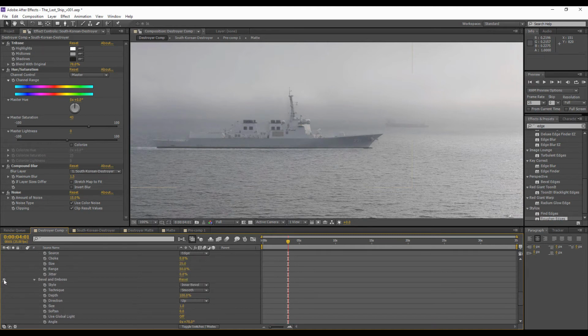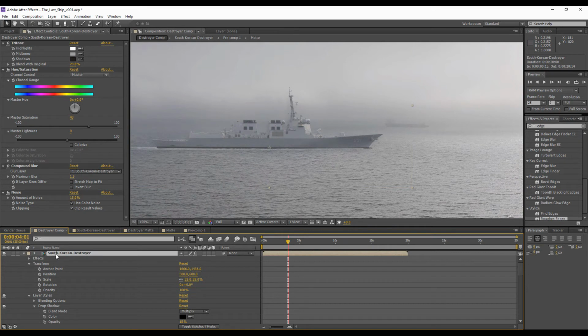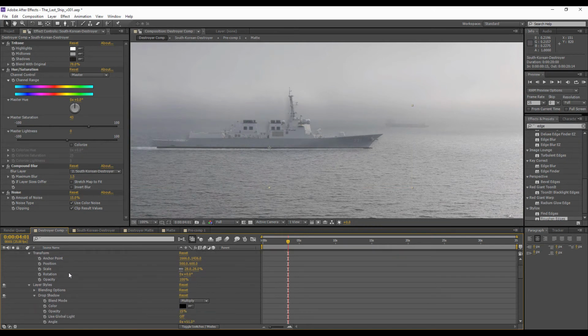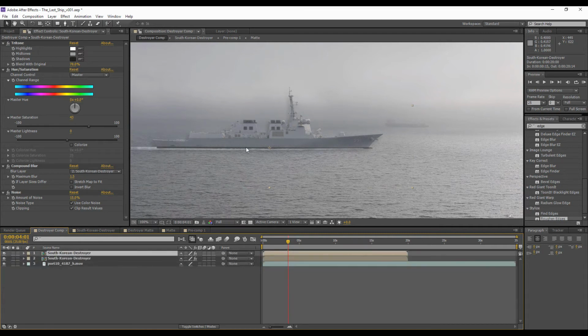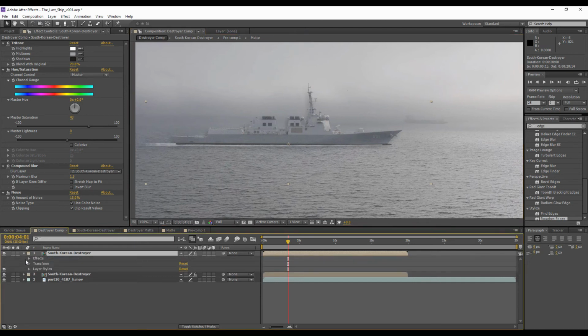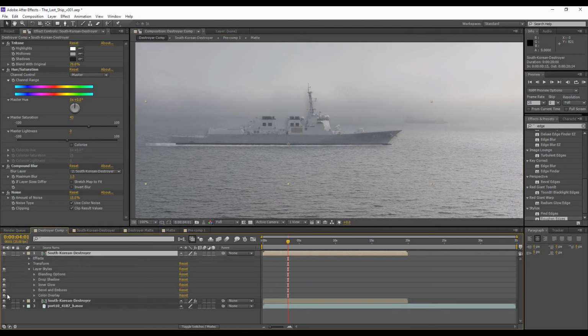Toggle the bevel on and off, see what it's doing. I think it works at the front of the ship, but at the back of the ship it's making it less realistic. So I'm going to have to duplicate the layer, turn the bevel effect off for the layer beneath, and for this layer the only effect that we want to be applied is the bevel effect. And that way